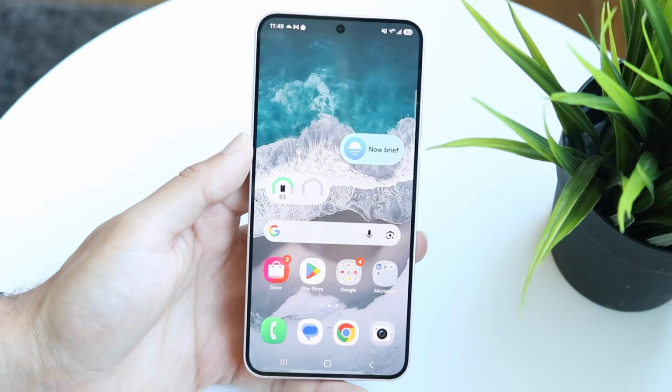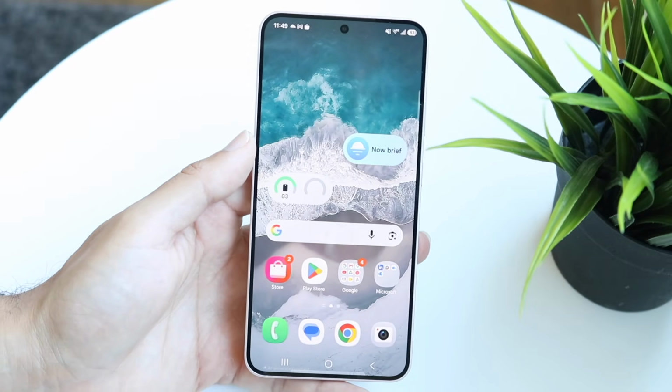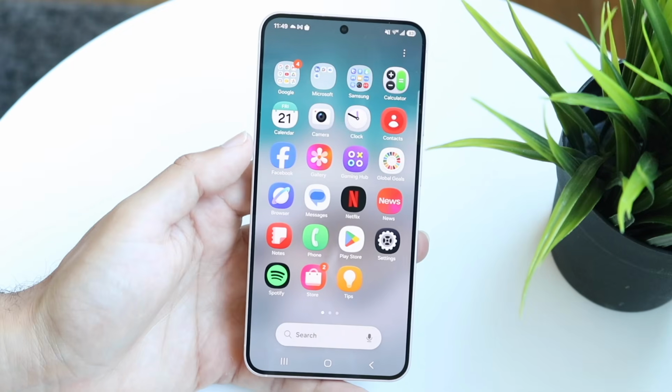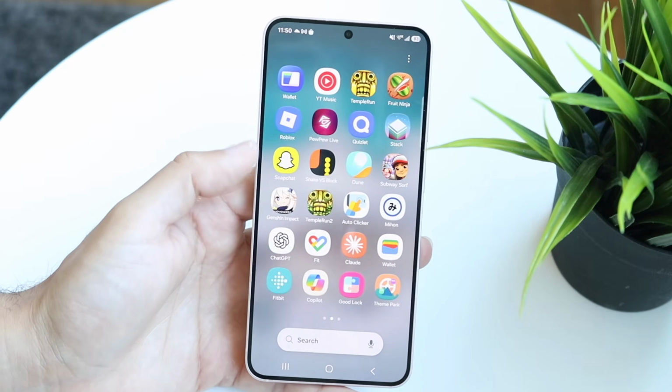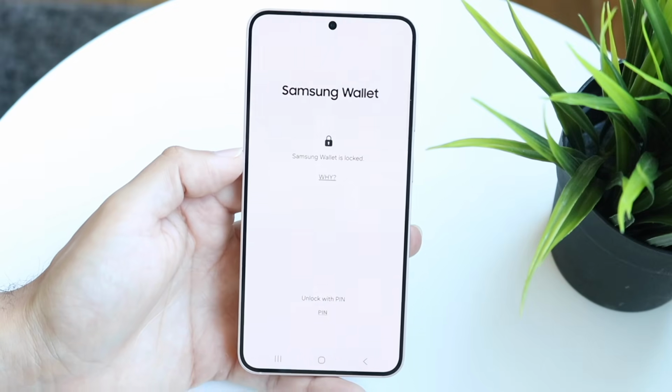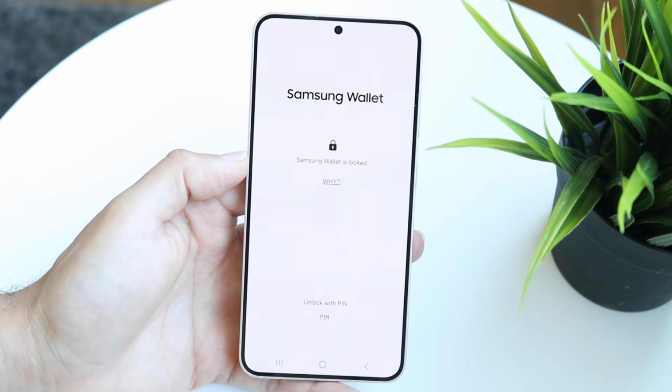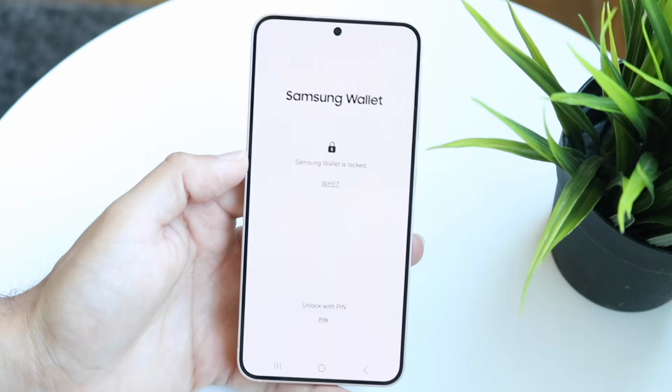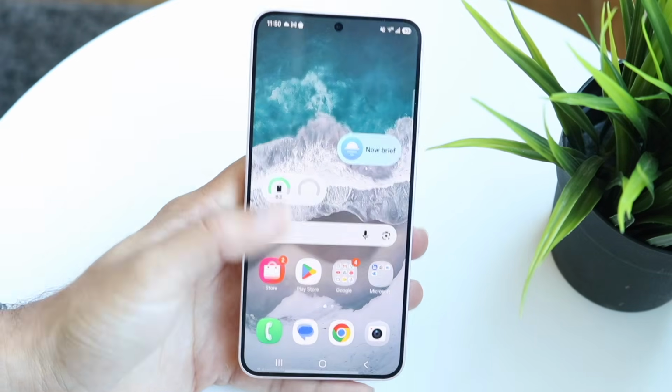So you might be in a situation where for some reason you're unable to add your card in Samsung Wallet. Now, what does this mean? Well, within the wallet application within Samsung, sometimes there might be some issues you might run into here. So the very first thing that we'd recommend is to make sure you've cleared the